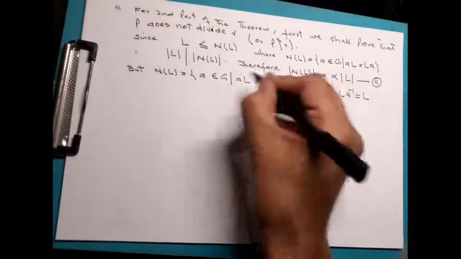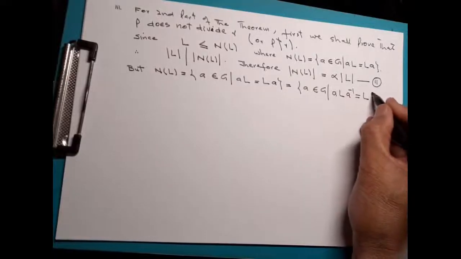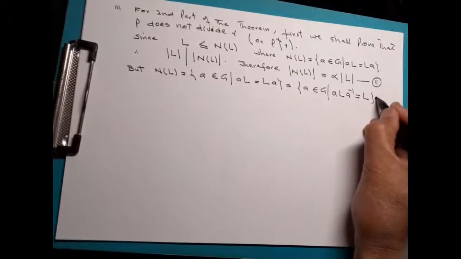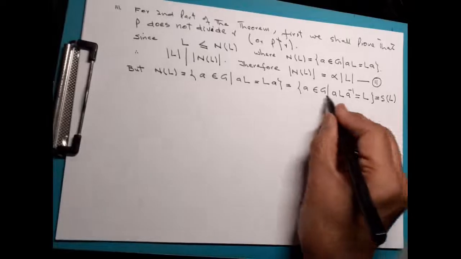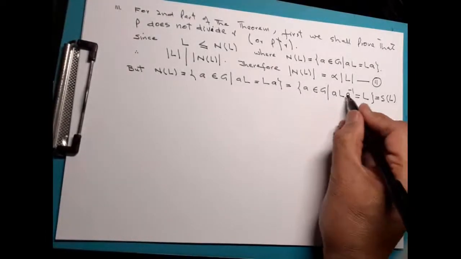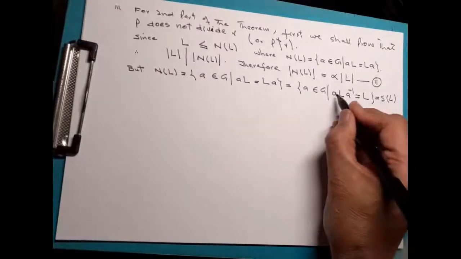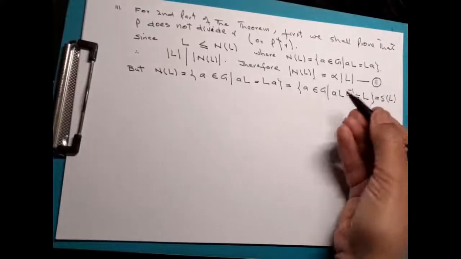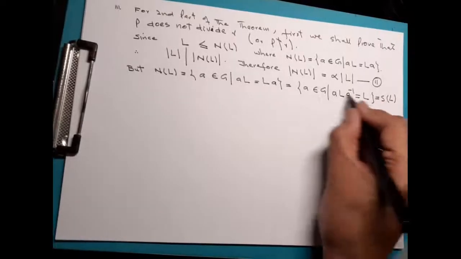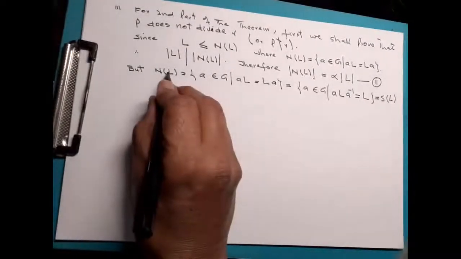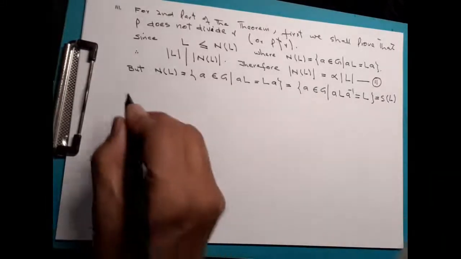This is by just taking A to the left hand side by its inverse. And this is equal to the stabilizer of L, because this is the group action. Those elements of group G whose action leaves L as L. So this is in fact the stabilizer of L. So the normalizer of L is exactly the same thing as the stabilizer of L.